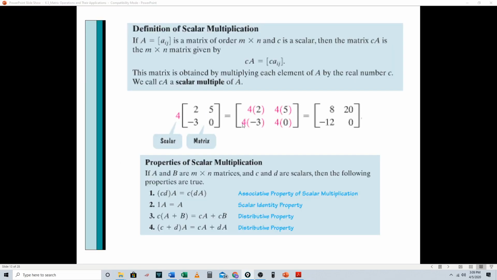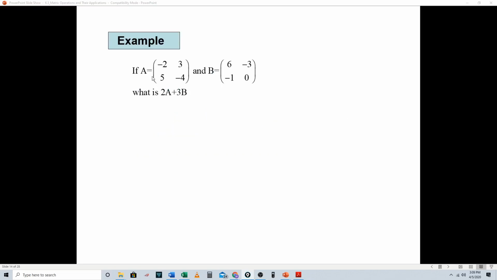Scalar multiplication. All right. Easy, easy, easy. They want us to add these two together. They want to do 2a and 3b. So we need to do the scalar multiplication first. Now, the scalar multiplication means I'm going to take this number here, and I'm going to multiply everything in a